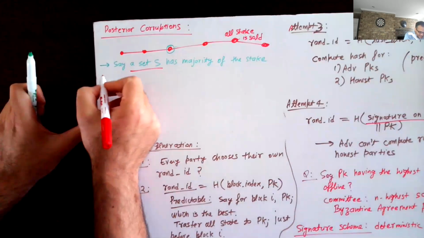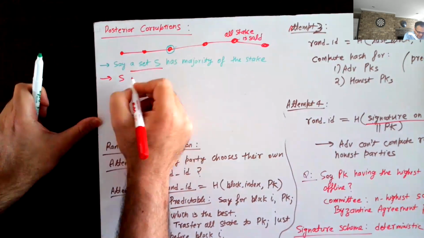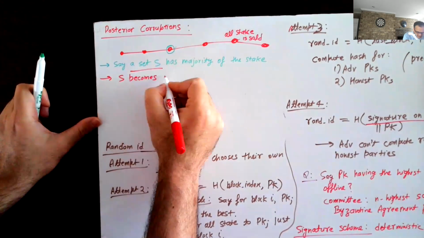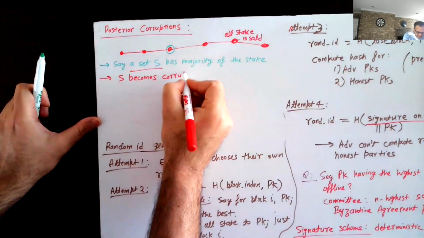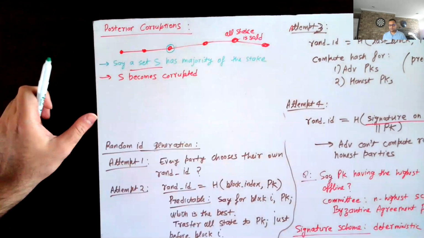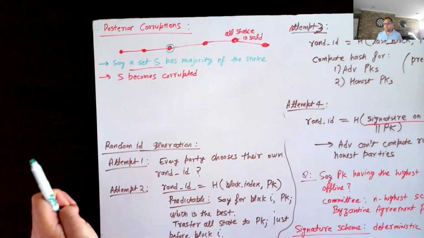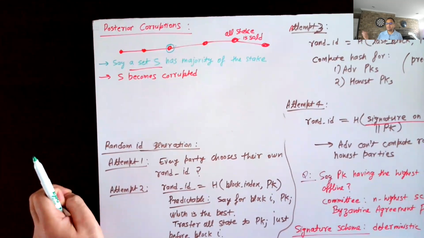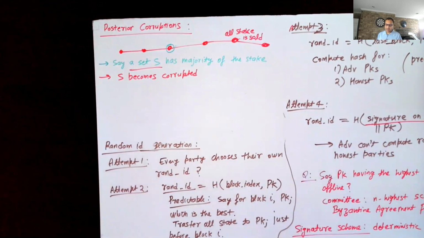The next step is S becomes corrupted. Okay, I sold all my stake, or me and my friends, we sold all our stake, and now we become malicious. Now what we can do is